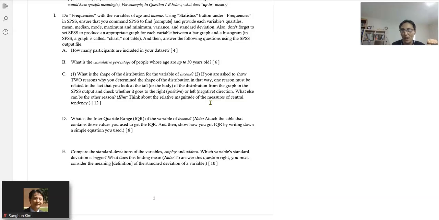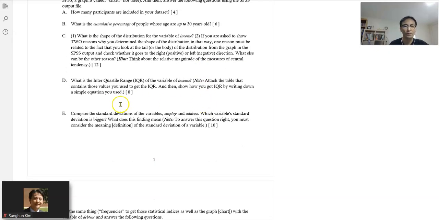So this is what I want. The other reason that you can give is, oh, this is this kind of value, a shape of distribution, symmetric or positively or negatively skewed, right? You have to show that, okay? Not just mentioning, look at the graph and this is this, right? Don't do that. Now, for this question, you have to attach the table that you refer to for some values to get